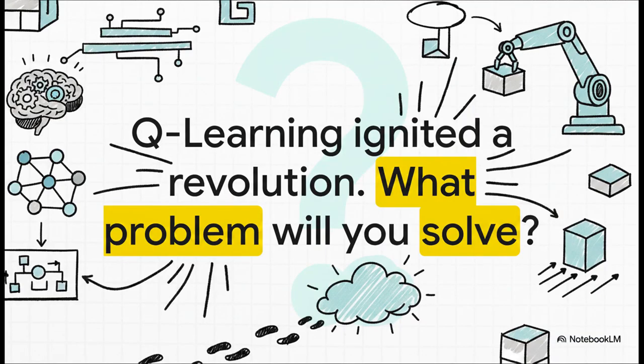This breakthrough was so much more than just an academic paper. It was the first real demonstration that an AI could learn complex human-level skills just from raw pixel data. It truly laid the groundwork for so much of what's happened since. The principles are still fundamental today, which really leaves us with a final thought. Now that you understand the engine, what are you going to build with it?